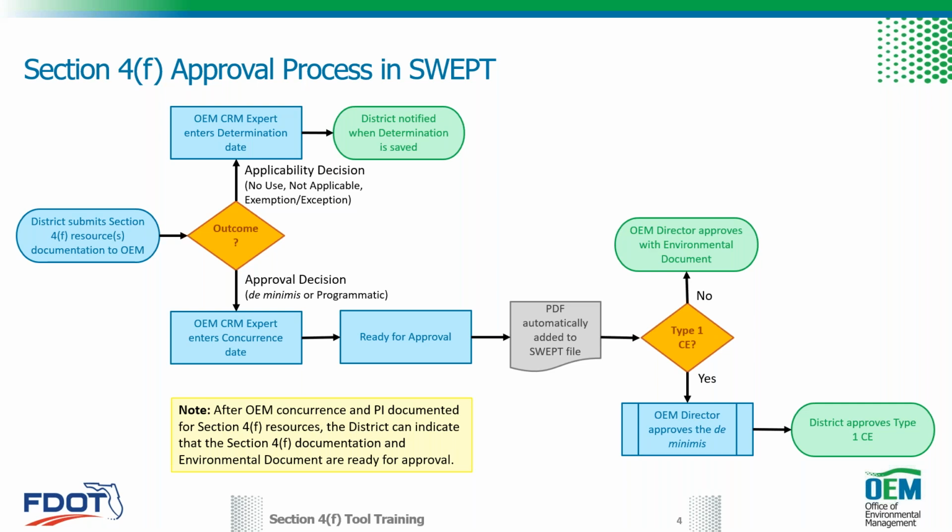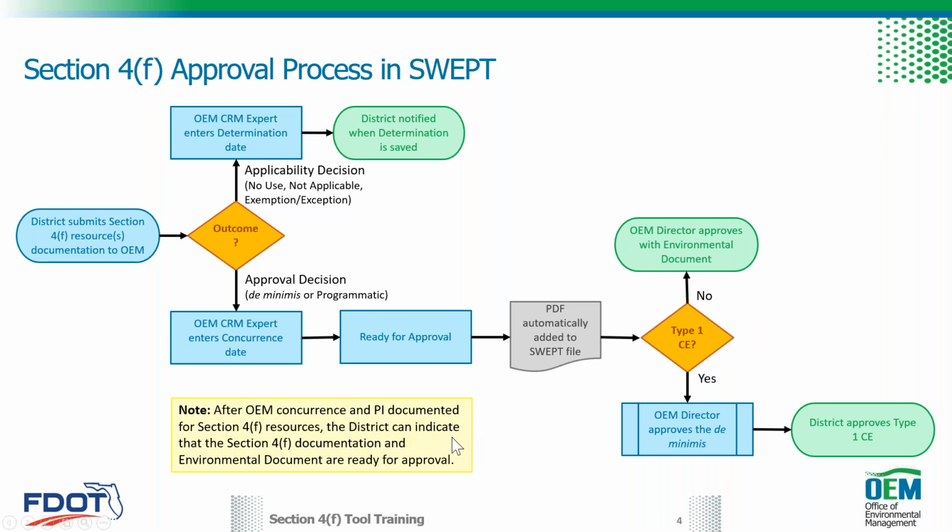So the process for that involves you sending the resource to the CRM expert, so me or Roy, and we will review. And if we think it's ready, we'll enter a concurrence date. And that means it is ready for approval. That doesn't grant it approval because it still needs to be approved by the OEM director at the time when the environmental document is approved. So we'll say that this looks ready for approval, and then when you are